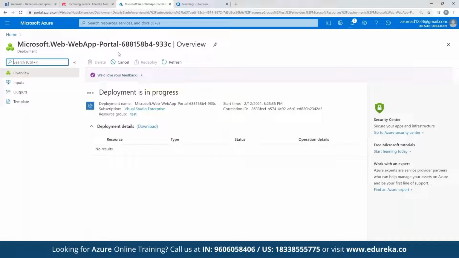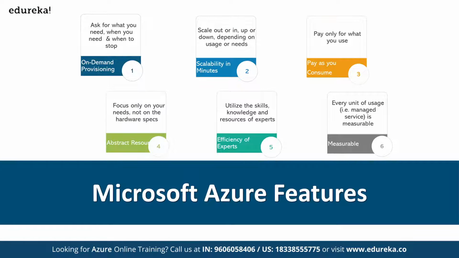So this is what on demand exactly means, guys. On demand provisioning means we have provisioned very quickly. We have created a service via Azure, right? So on demand, scale out and scale up, so it's already created.